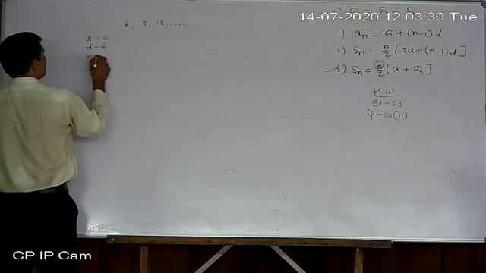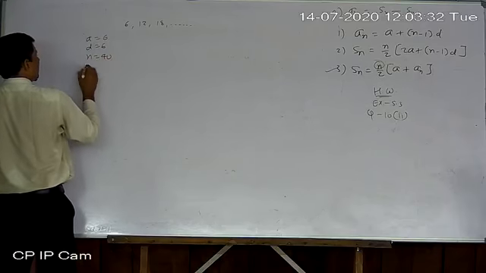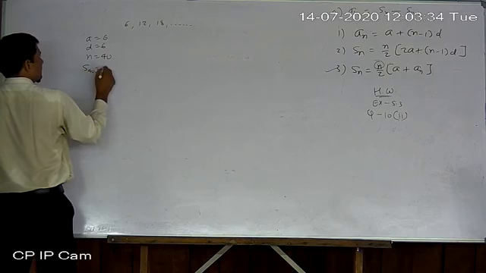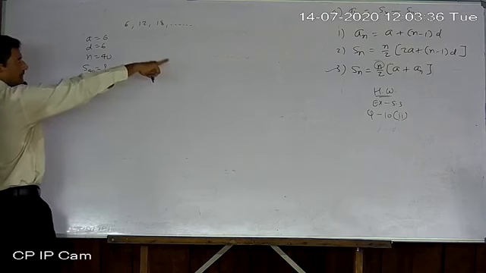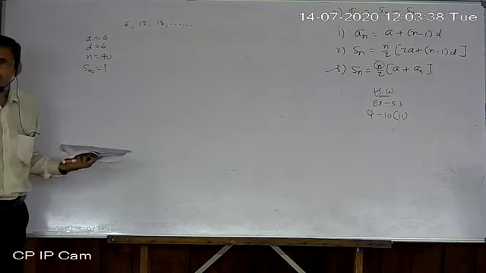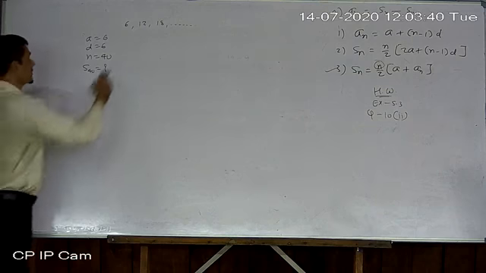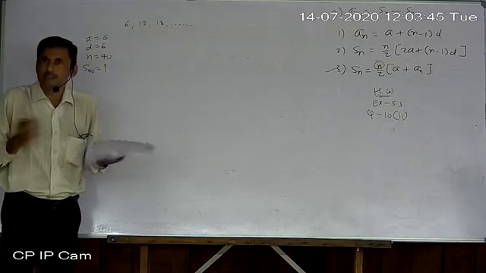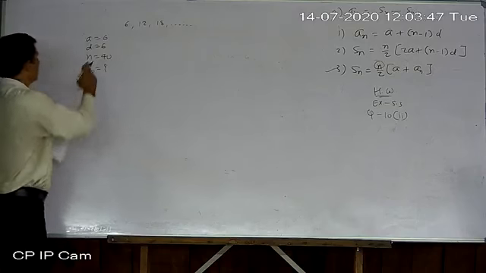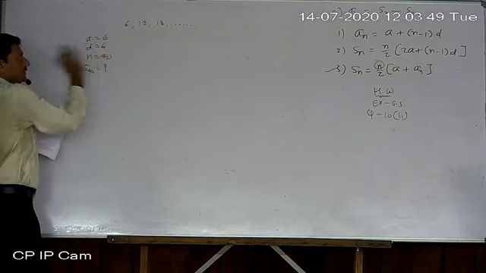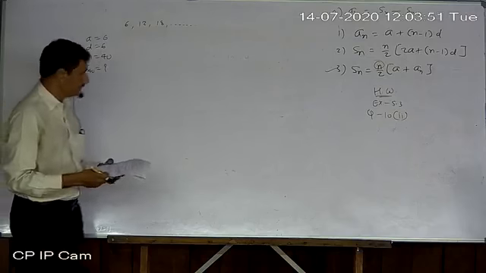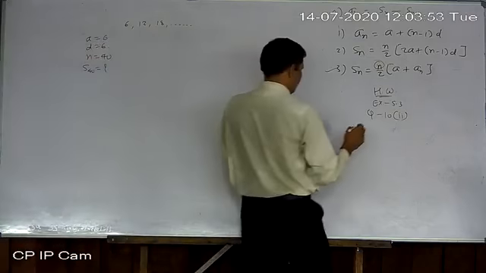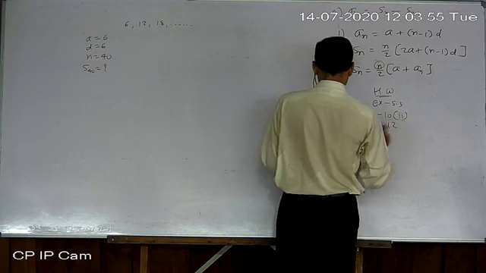So n equals 40 is given. What do you have to find? Sn only, S40 only. So use the second formula. Very simple, it is given. Divisible by 6 means the table of 6, that is an AP. The table of 6 is an AP only, but up to 40 terms. So question number 12 is homework.